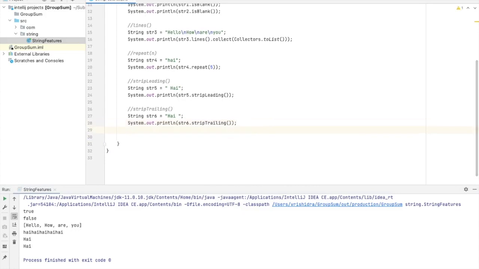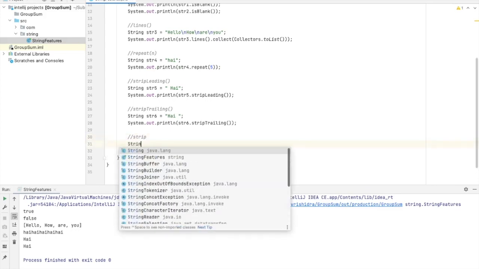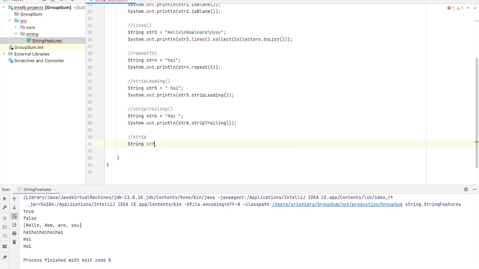And now we'll move to the strip method. The strip method is a combination of stripLeading and stripTrailing, which means it is used to remove white space in the front and back of the string. Let us declare another string str7 equal to hi with a space in the front and also a space at the end of the string.